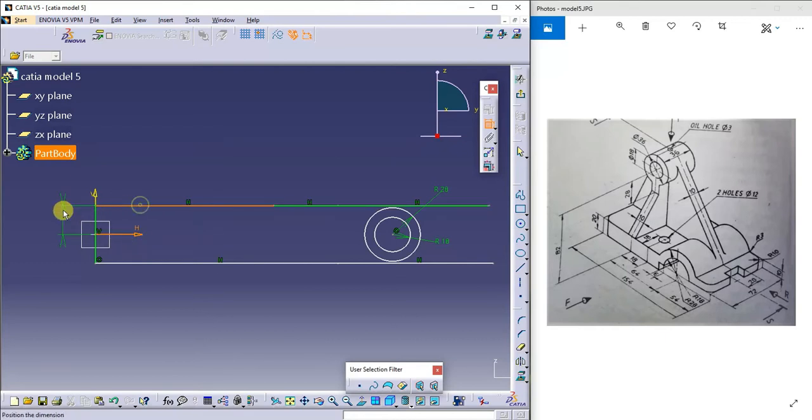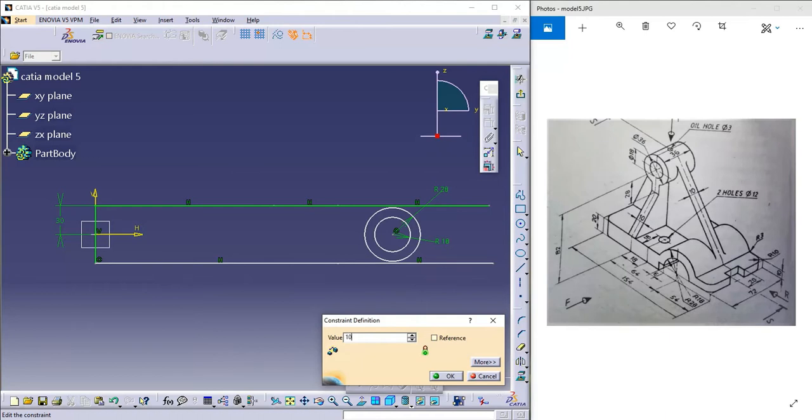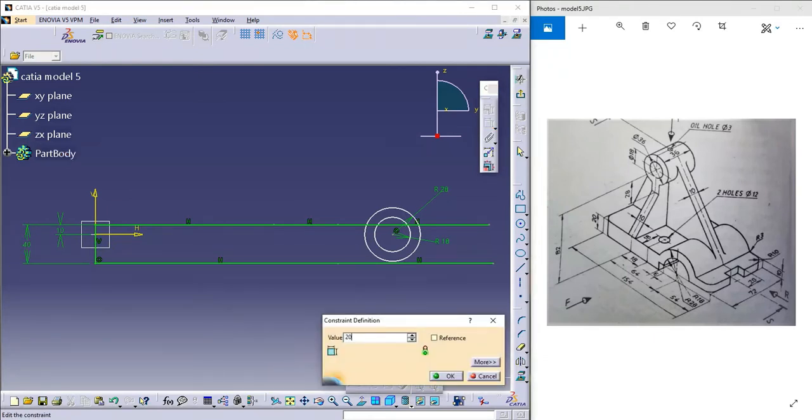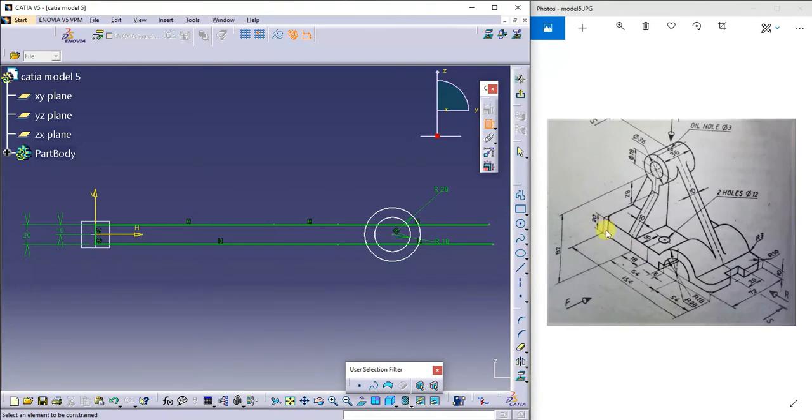From here to here it is 10 mm. Total will be how much? The total length of this is 20. See here, this is 20 here.